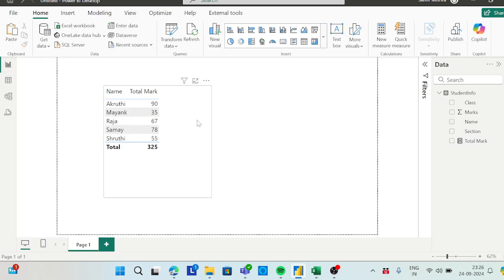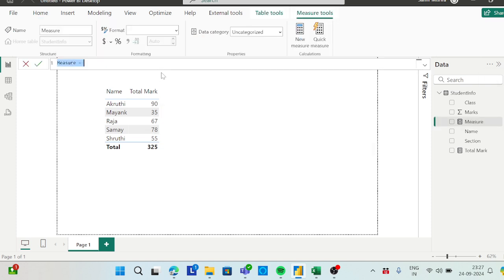So I have pulled up the table where I am keeping the name of the students and their total mark. So the total is 325, the total mark. Now I need the overall total mark across your school. Let's say this is student info, and let's consider X is the school name, and I want the total marks of the school. So suppose in this case I will create a measure here. I will say total marks